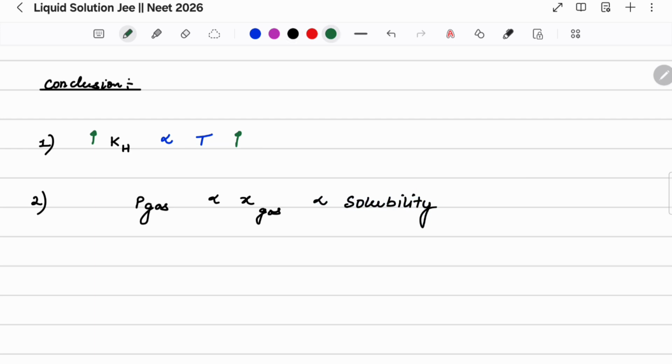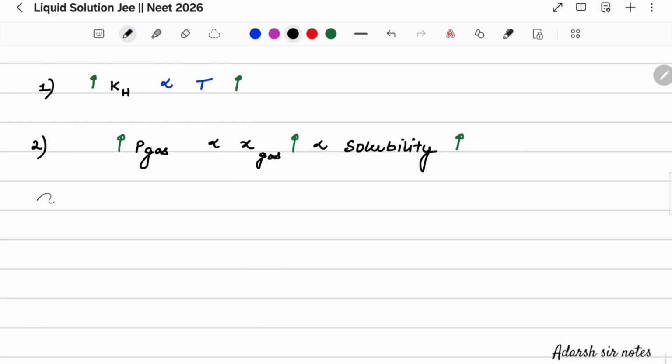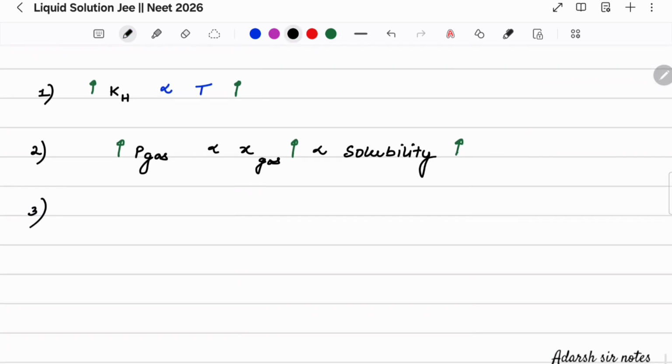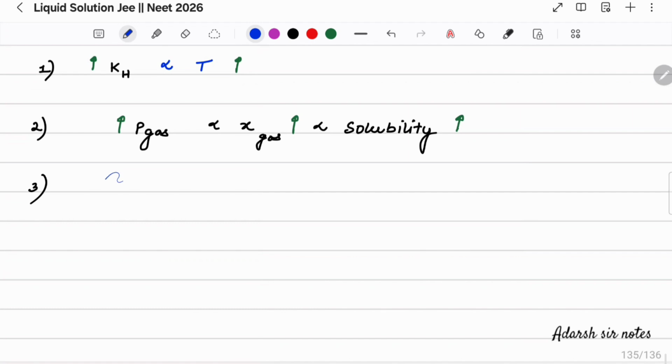Solubility. So if I am saying anywhere the mole fraction is more, then you'll be saying, sir, solubility is also more and pressure applied by the gas is also more. Now come to the third and final conclusion, we can write it at the same time. Suppose constant pressure is there. At constant pressure,